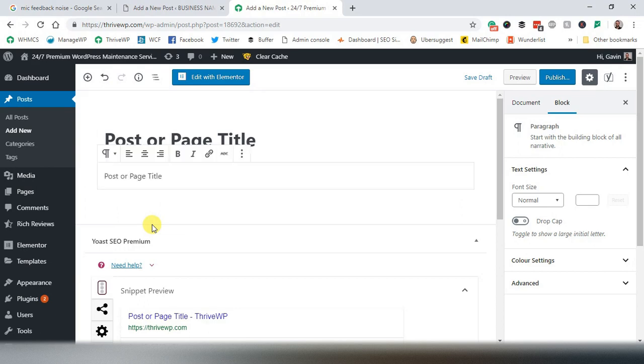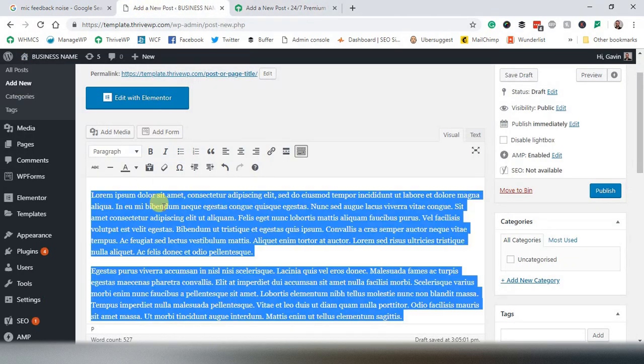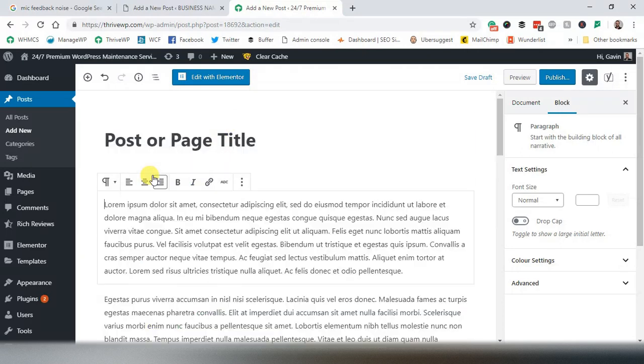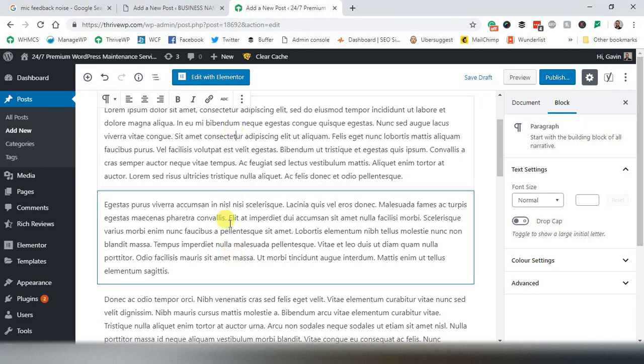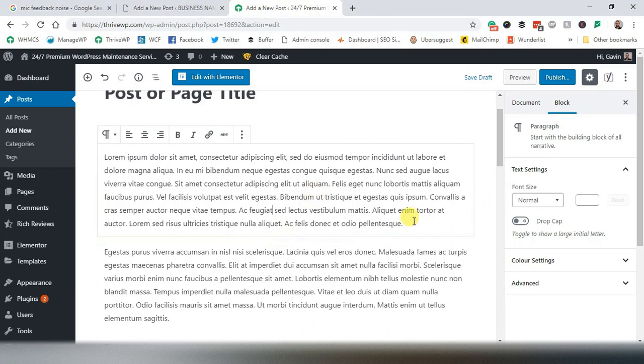I will just add some text. So let's copy this a minute. So this is just some text, a text block. Okay, and each time you have a paragraph, it will create a separate block. Okay, so this is a paragraph block, and for each different block, it will have different options on the right